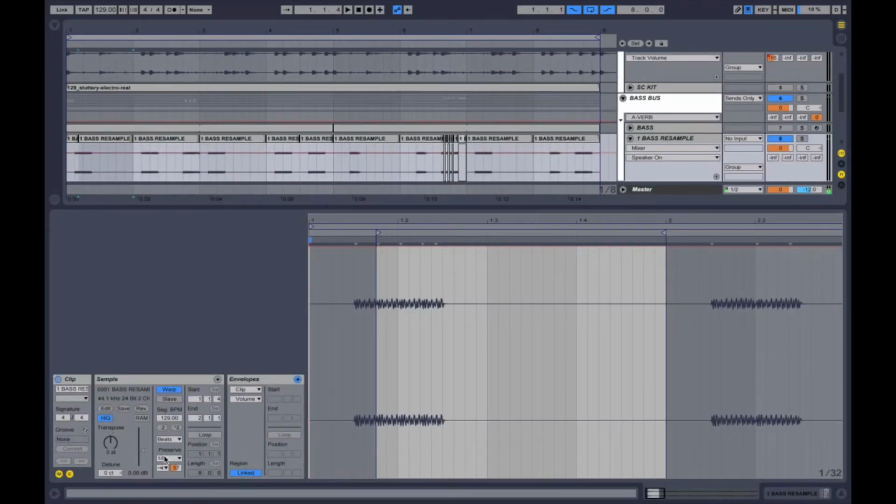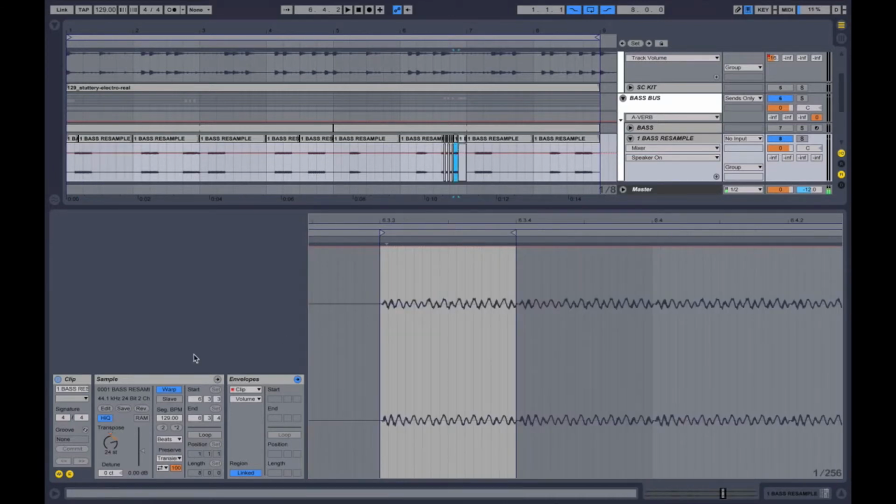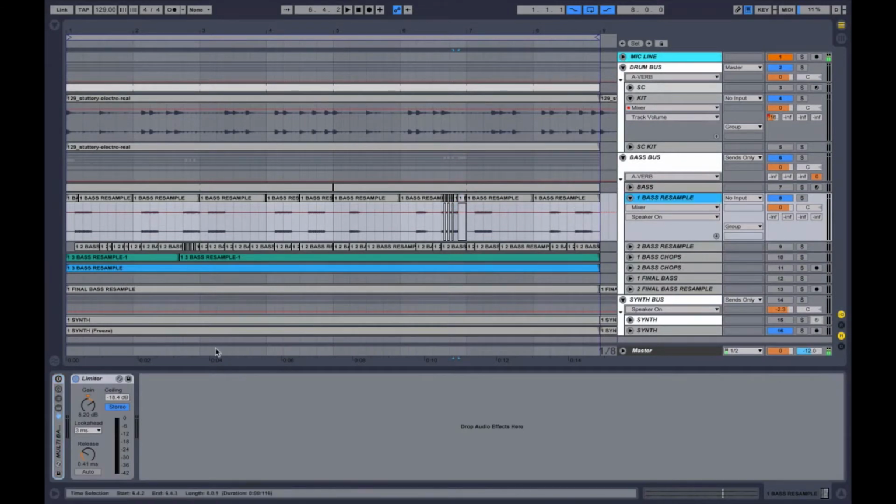So if you come in here, this basically creates like an eighth note arpeggiator, and I did some transposing, and then also what I did